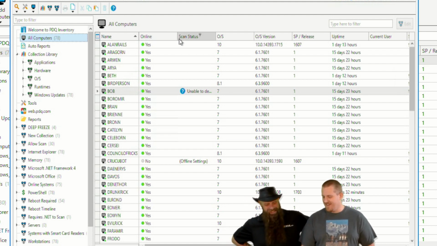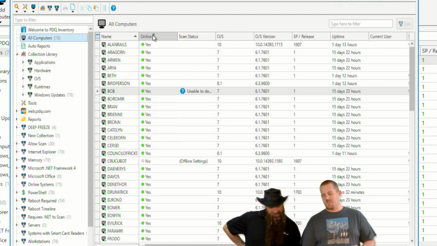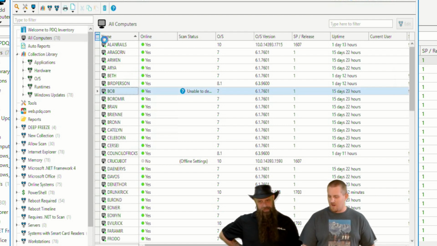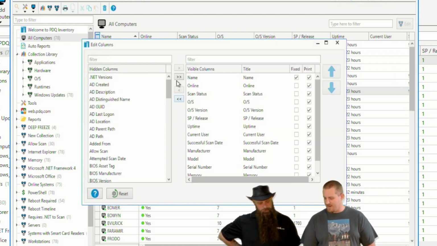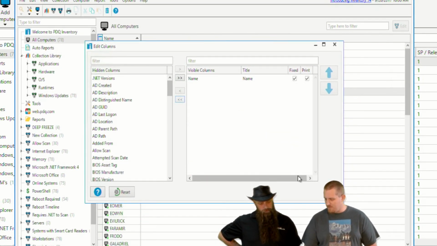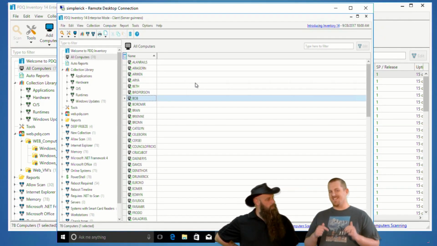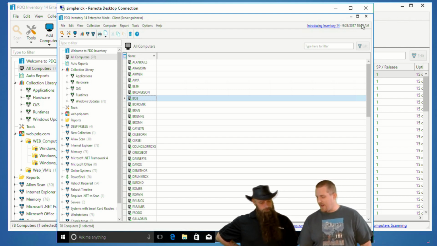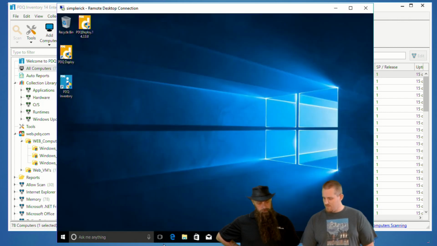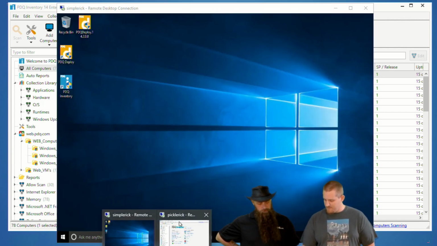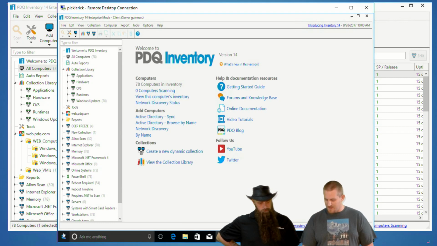So in this case, say I am super hating all the columns and I want to get rid of almost all of them, and I decide, no, I just want name because that's all I care about. When I do this, the settings get saved for this database for my username, for this console user, when I close. So in this case, if I close here, I'm going to move to a different VM now, Pickle Rick, who is also logged in as